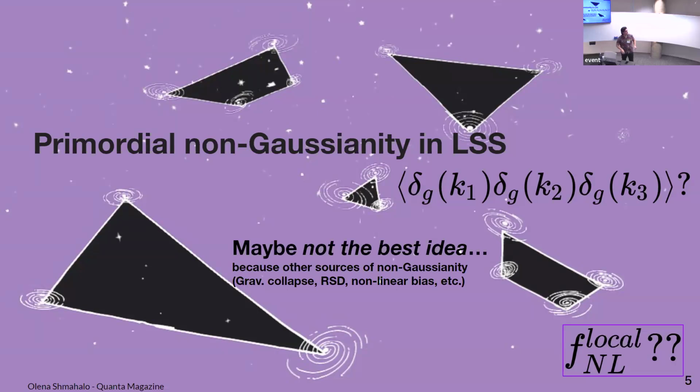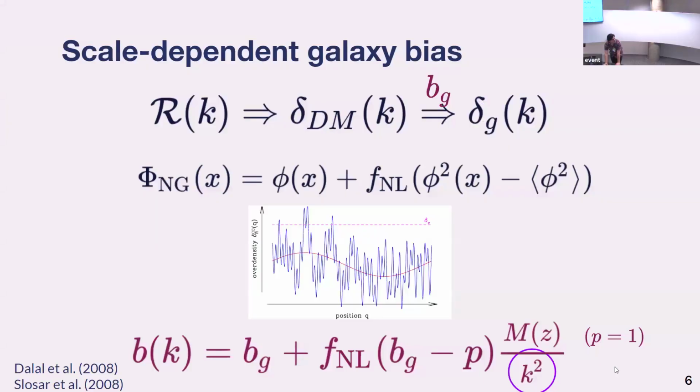So as mentioned before, even if you start from non-Gaussian primordial initial conditions, the evolution of the structures will also imprint non-Gaussianity on the distribution. So in general, it's really difficult to disentangle between non-Gaussianity coming from a primordial origin or non-Gaussianity due to the evolution of the universe. This can be done, but it's really difficult. So I will focus mostly on another way to measure this FNL local parameter, which is something known as a